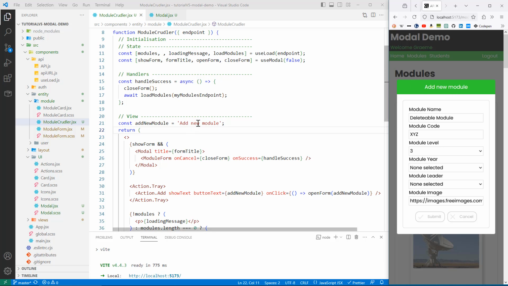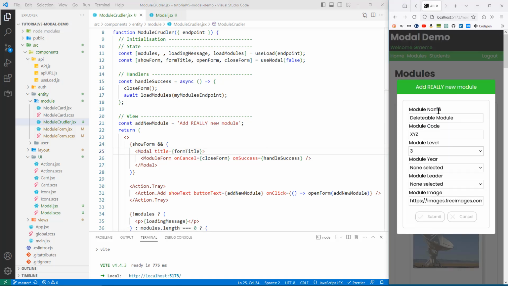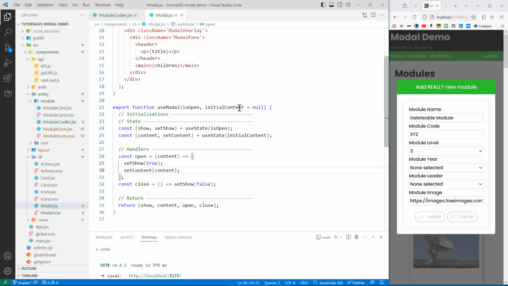Let's just prove it's working by going add really new module. Control S, close. So add really new module, add really new module. So that's working. Okay, so we're now storing some content inside the modal, the use modal hook. Now, we go back to use modal. This page is now going to render,